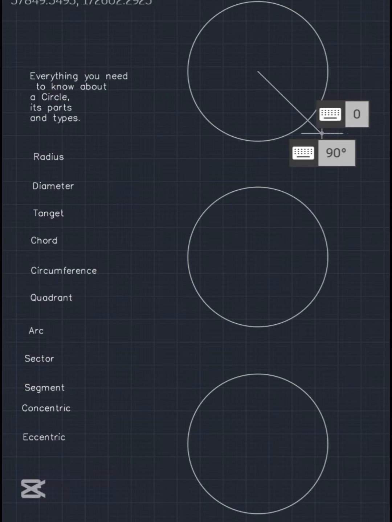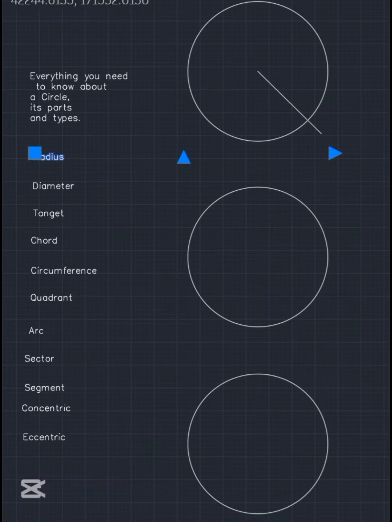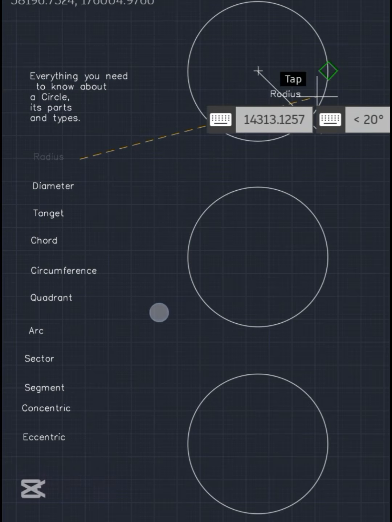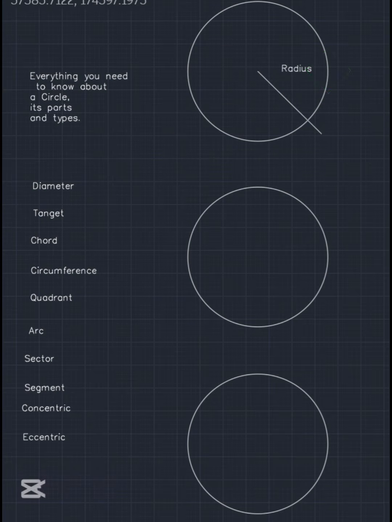So who can tell us what this part is called? Alright, so your guess was correct. That's the radius. So we'll move it and place it over here. The word radius. So next up, the radius is simply a line from the center of the circle touching the